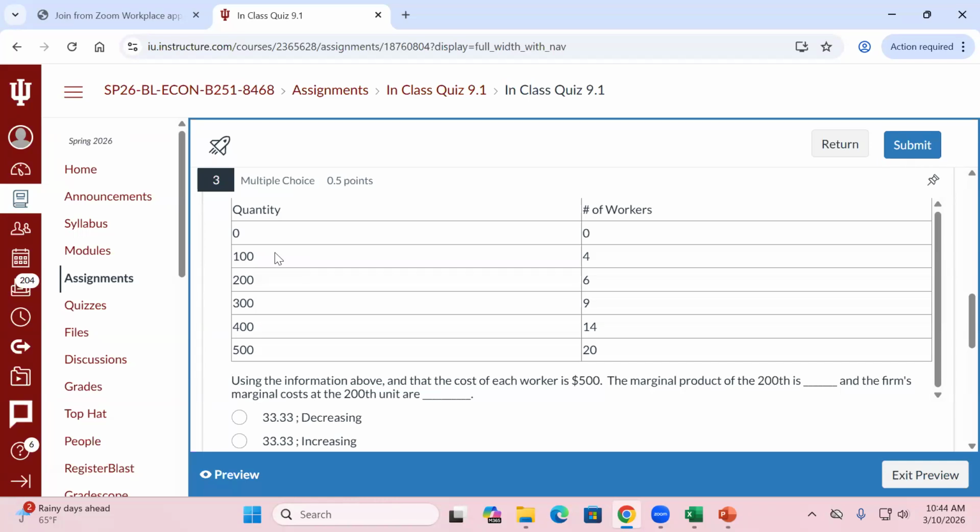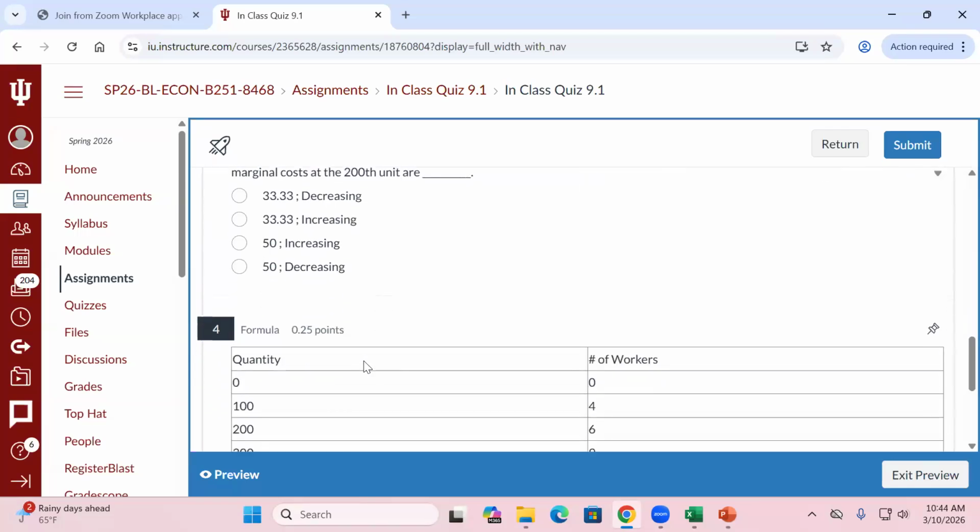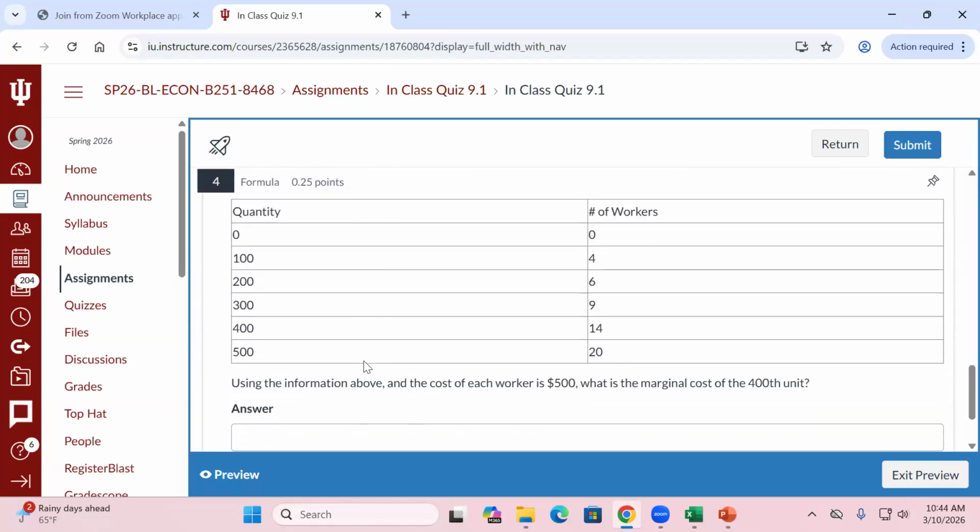Okay. So we had to use additional information here. We had to go back one step to see what was happening to our marginal product of labor. Then if we knew it was increasing, we have gains from specialization. We know our marginal costs were decreasing. Okay. Any questions on that one before we go through this last question?